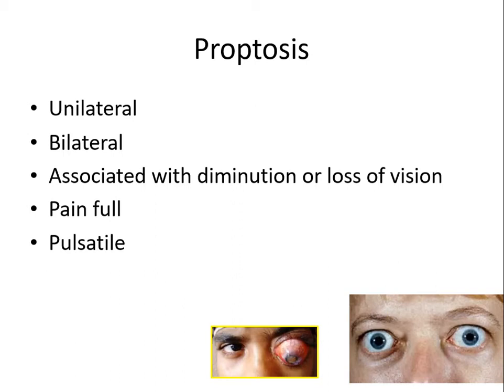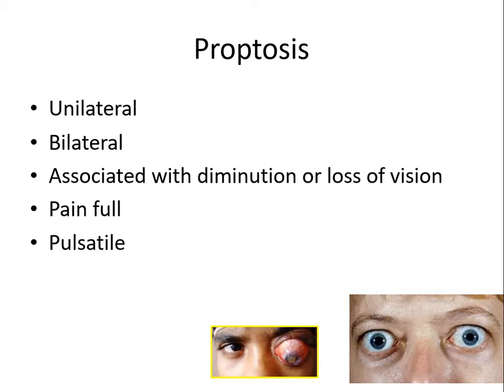Then you should ask the patient with proptosis whether it is associated with pain or not. Whether proptosis started first and then recently he had pain, the causes are different. Whether from the beginning the patient has pain and proptosis together, the causes are different. Again, I talked about this in detail. The most common causes of pain and proptosis occurring together are orbital cellulitis and cavernous sinus thrombosis. In these two conditions, the protrusion of the eyeball will occur and it is associated with pain.